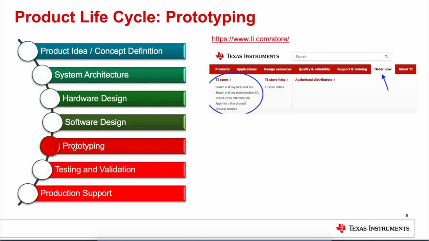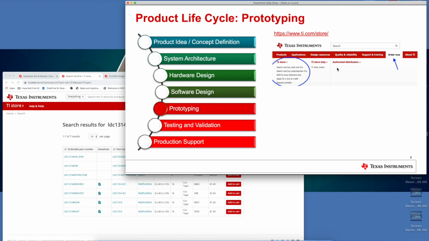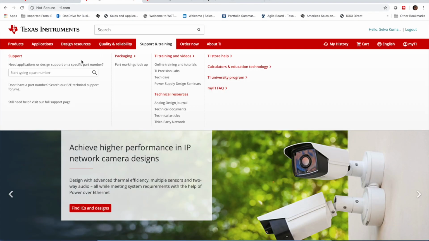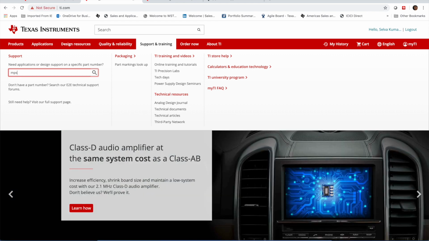So once the prototyping is done, the next phase is going to be the testing and validation phase. The testing and validation phase is purely in your control, and you are going to test your platform and you are going to validate the platform. How TI.com can help you in the testing and validation phase is through the support model available on TI.com. Let me show you what resources are available on TI.com to help you during testing and validation. So we have a tool. If you are stuck with any problems and you would like to know how to reach out to TI, this is the place,